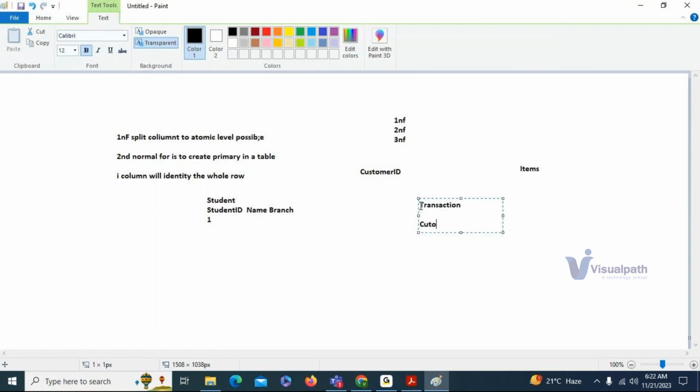Along with the transaction ID, there will be a customer ID and item ID. Then you will have the transaction information like quantity and amount. This information you are going to have in the transaction table. So here,